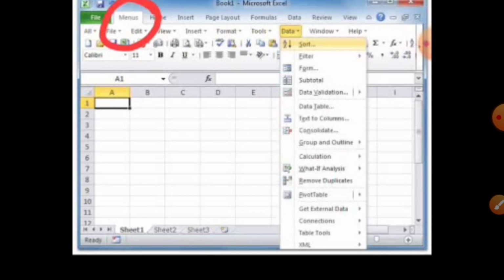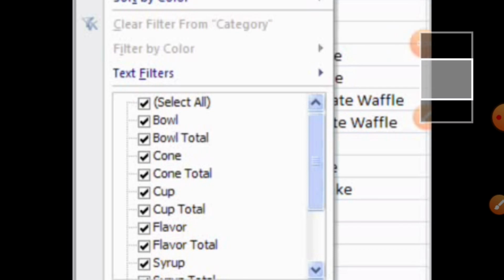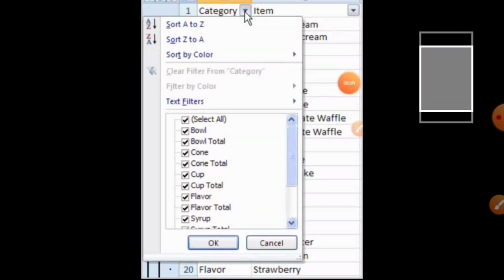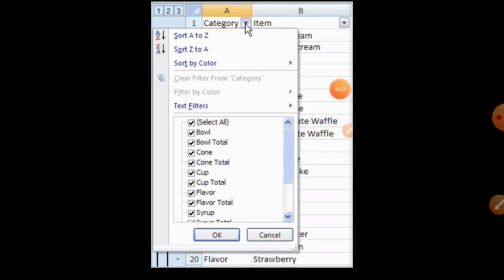When you click on the Data submenu, you will get this drop-down list, and from this drop-down list you can choose the sorting icon or filter according to your needs. You can also use the filter option for a particular option or data.